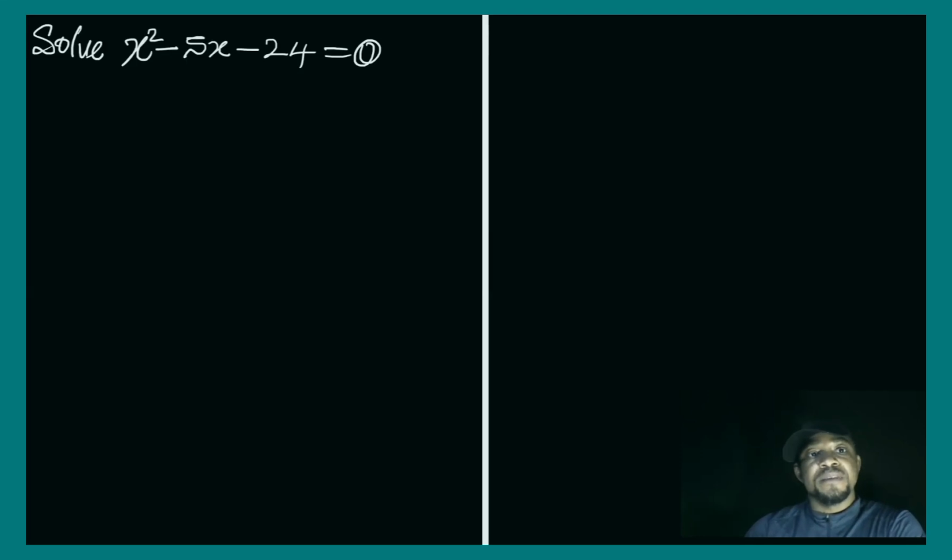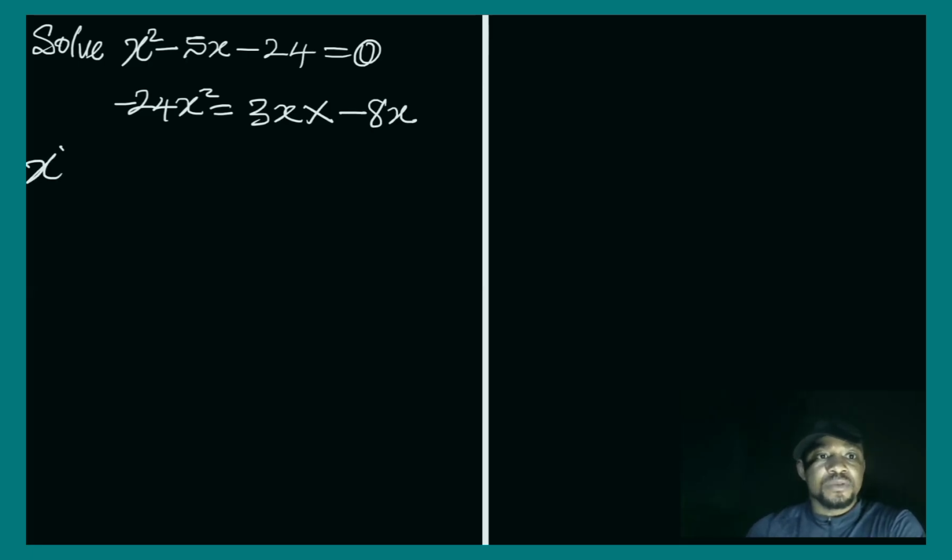To solve the problem we have on the board, I need to first of all factorize this, and doing that, I have x squared multiplied by negative 24, which gives me negative 24 x squared. And this is the same thing as saying 3x multiplied by negative 8x. So if I have this, I'm going to write this to now have x squared plus 3x minus 8x minus